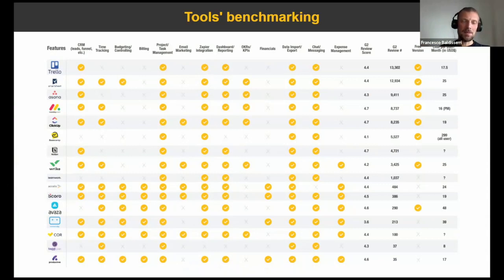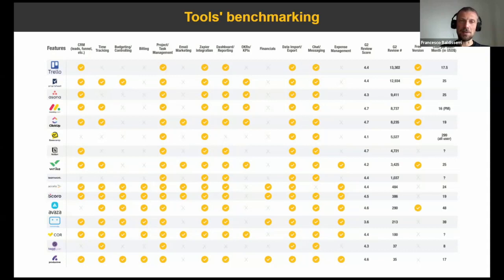But what we want to make sure is that when we replace a tool or insert a new one, the ability to integrate with other tools and to share data is there. We don't want to have integration pains or migration pains when we move to a new tool. So the integration with other systems is something that we keep in mind.